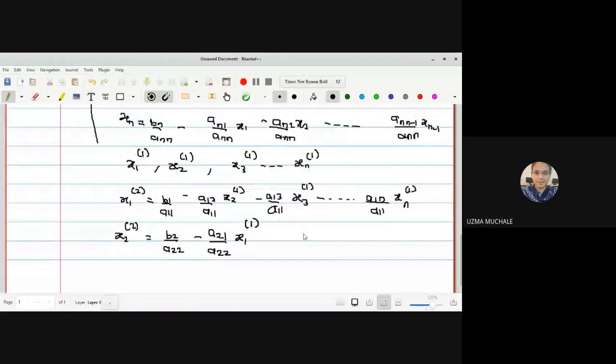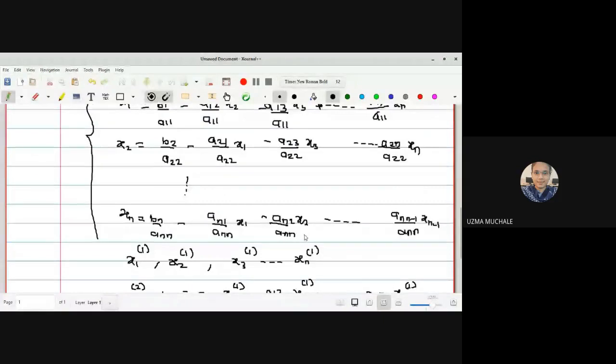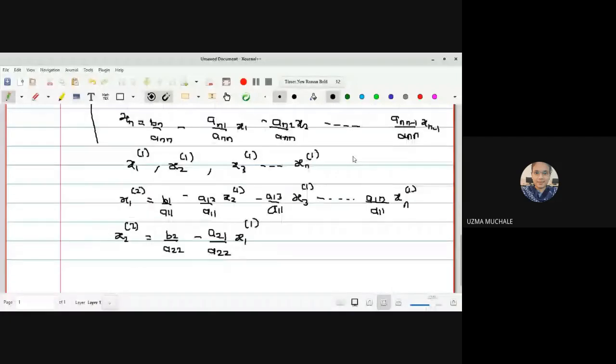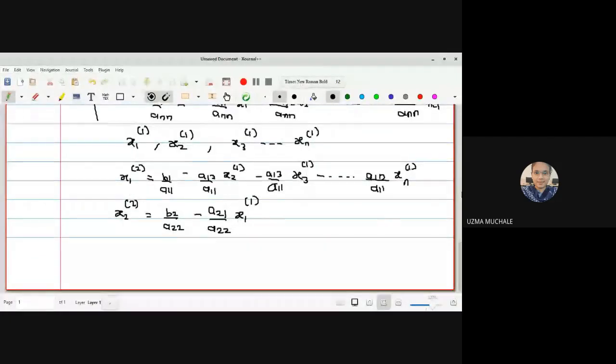You can see here the value of x2 we have evaluated with the help of this. So whatever equation we have obtained for the first one, we have to make the changes here in the values of x1, x2, x3 itself. In this way we can get the last term, maybe minus a2n divided by a22 xn raised to 1. Okay, getting me? So the last equation may be xn 2 is equal to